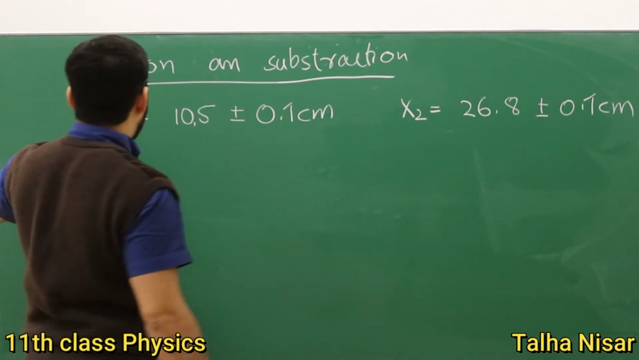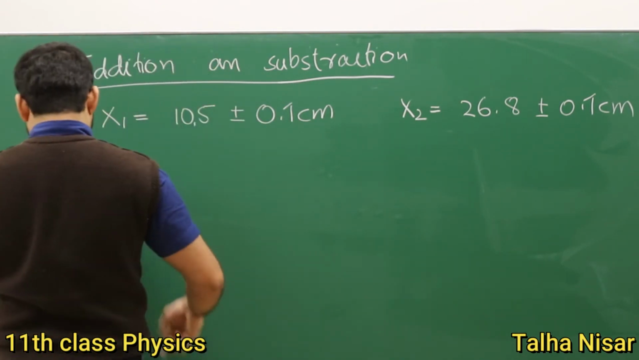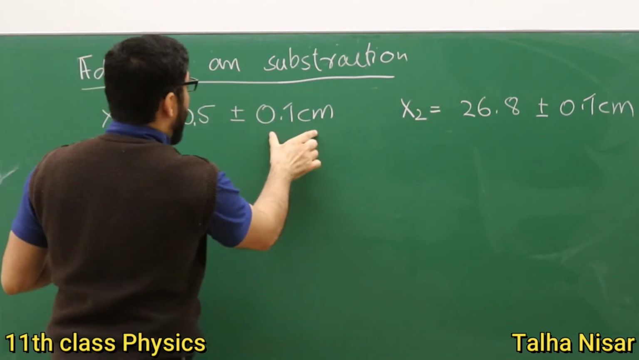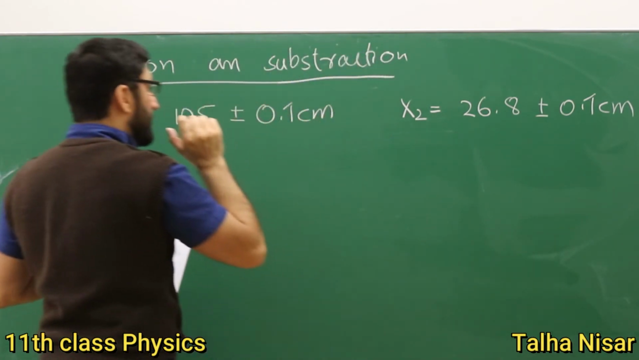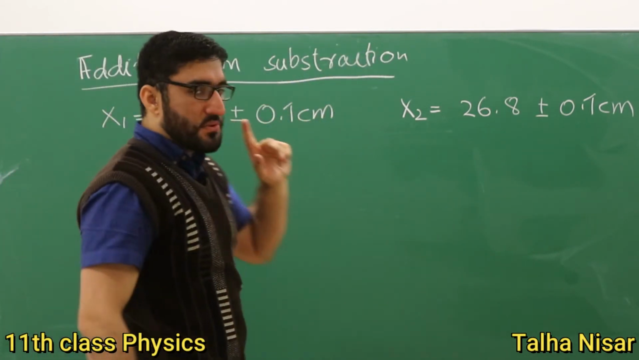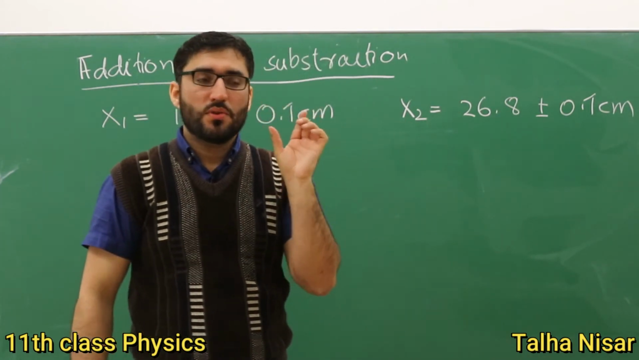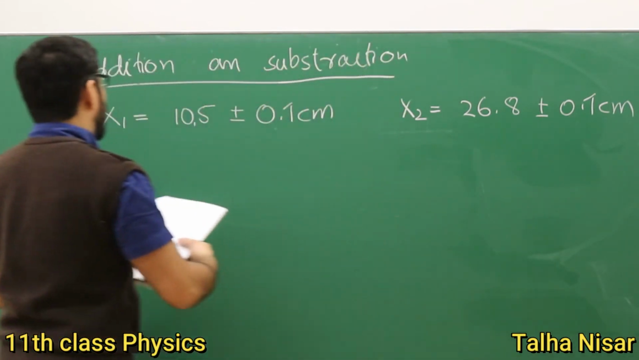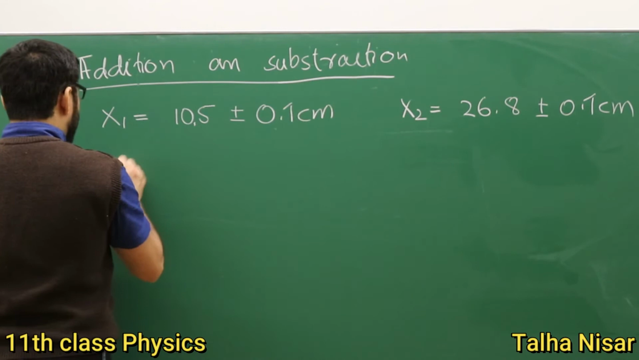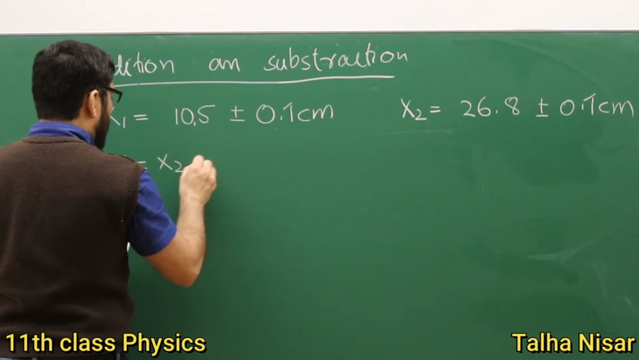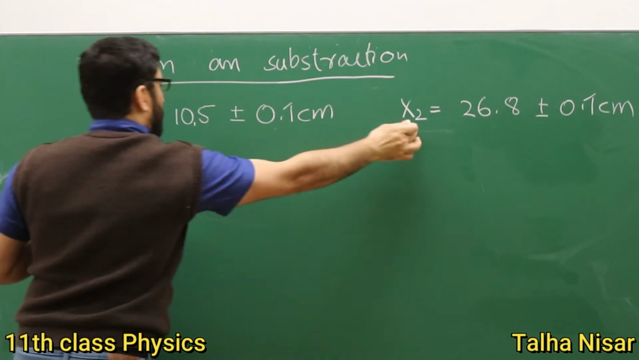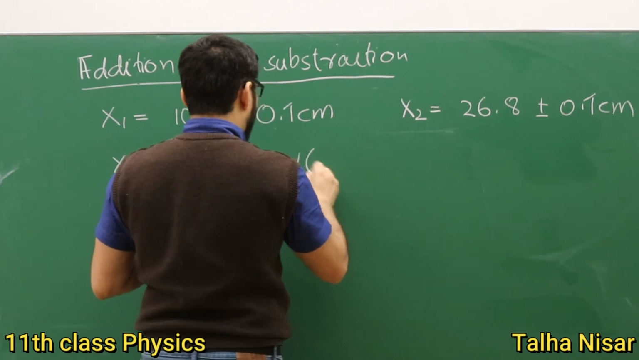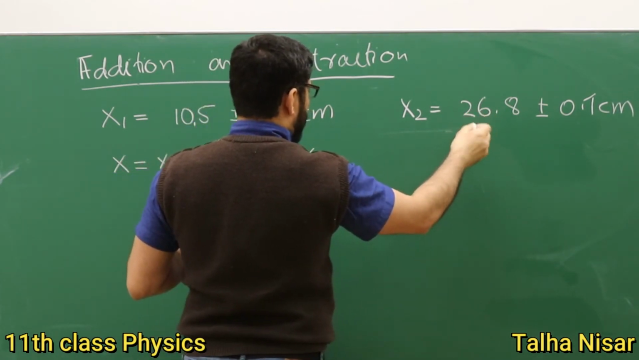So what if we have to add x1 plus x2, or we have to subtract? We have to add these errors. If you want to add or subtract two different calculated values, we have to add the errors. For example, I will just subtract these two. So we have x equals x2 minus x1. So we have the x2, we have the x1. So if we subtract